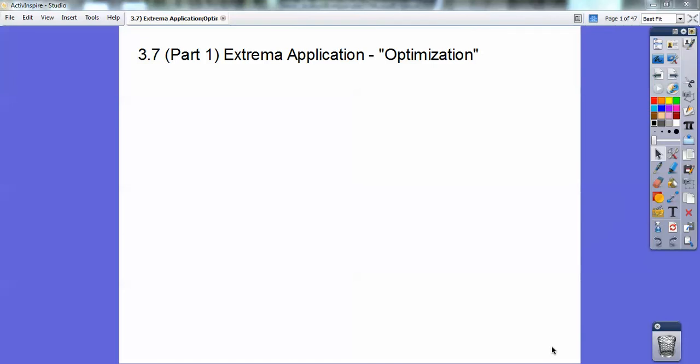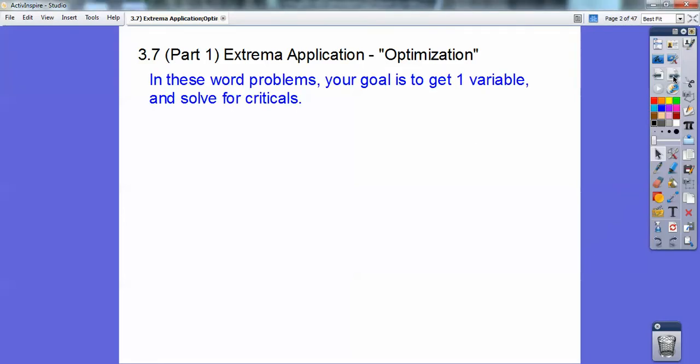And this calculus lesson is divided up into three parts. It's on extrema application problems, and we're going to optimize. So some word problems here. I have several examples, but I'm doing three different lessons on this. So here we go. In these word problems, your goal is to get one variable and to